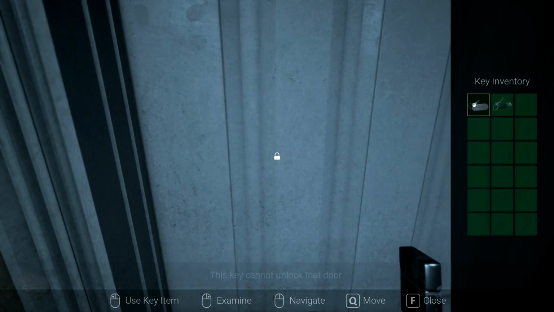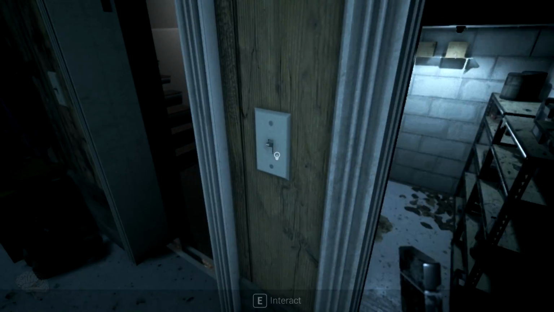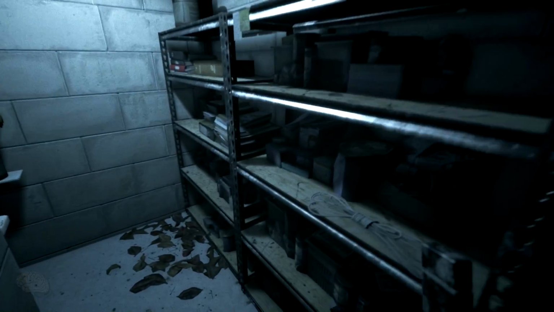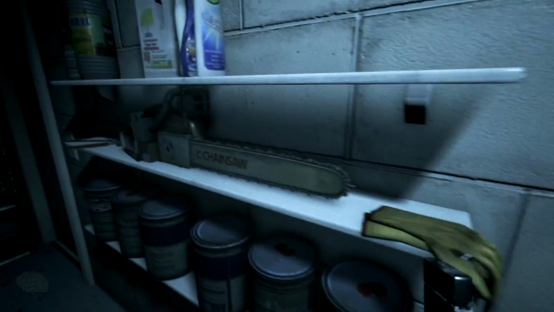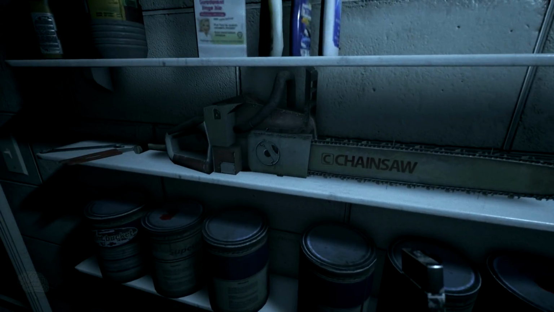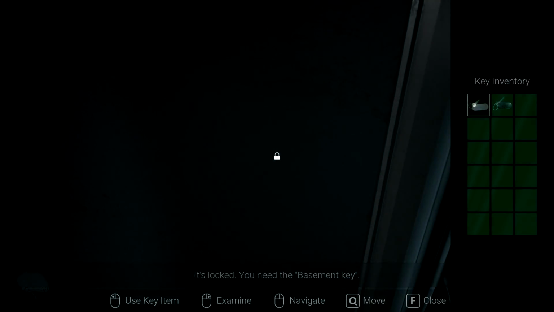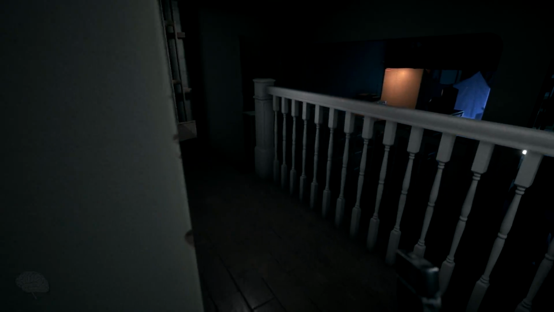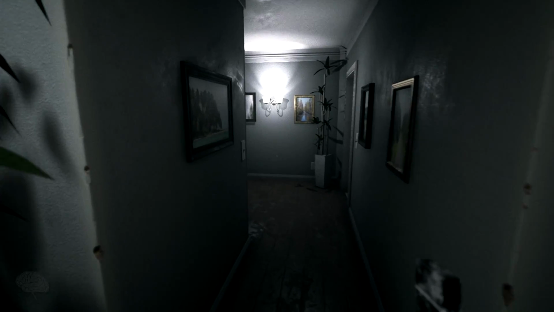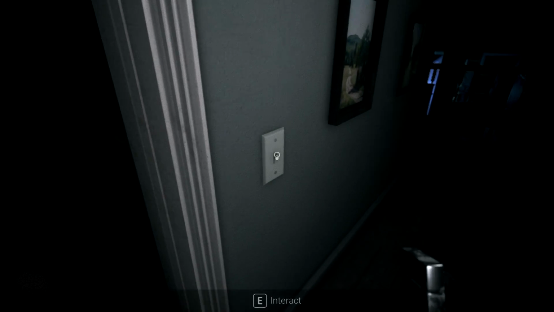Garage room key. Bit of electrical cord. Chainsaw. Chainsaw brand chainsaw. Basement key. Well, we have that too. So where does this connect to? Okay, this is where the sheets are. So this is all interconnected too, which is neat. I like having the house be all